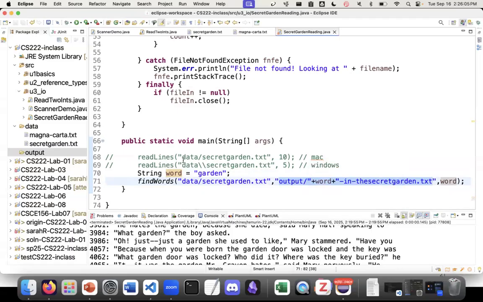If I'm saving each word I find to a file, maybe I want to name that file descriptively. And again, if you're on Windows, then the slashes go the other way. And remember, I want to give it an extension, so .txt. And so if we try that,